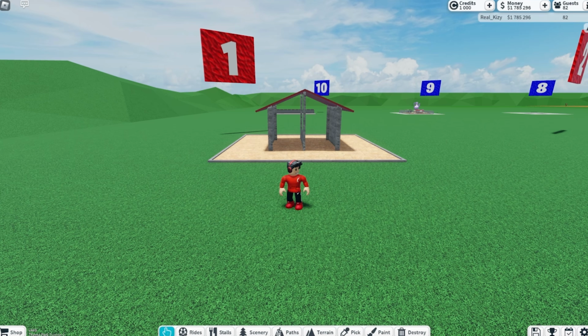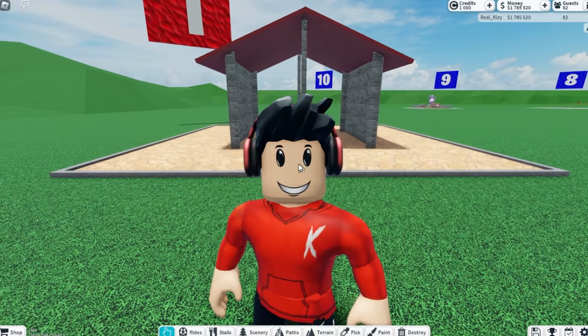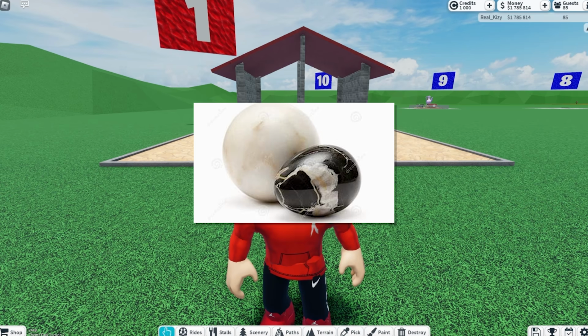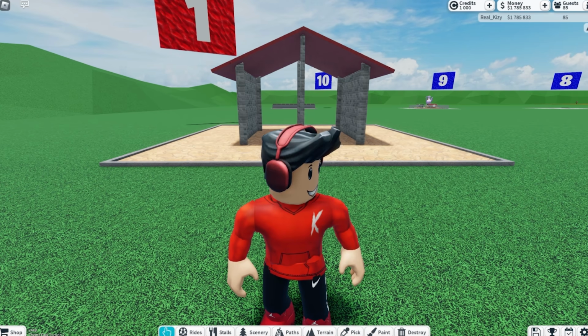Number one is to use different and good materials. Don't use plastic unless you're making like a toy land like I made before. But if you're making a realistic park, please don't use plastic. Literally anything other than plastic works. You can use anything like concrete, metal, pavement, marble, wood, wooden planks, cobblestone, rock, and try to also not use